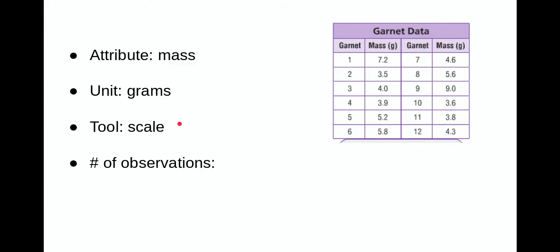And the number of observations is pretty easy. Count the number of masses in your table. And this is even easier because they actually number them all for you. So there are 12 garnets, and each one has its own mass. So we're counting all of these. This 7.2, this 3.5, this 4.0, this 3.9, and all of these masses. Altogether, there's 12 observations. And that's what we're going to be doing for the problems today. Getting answers for these 4 bullet points. So hopefully you wrote that down, and we're going to fill in the blanks before we move on to the next phase of